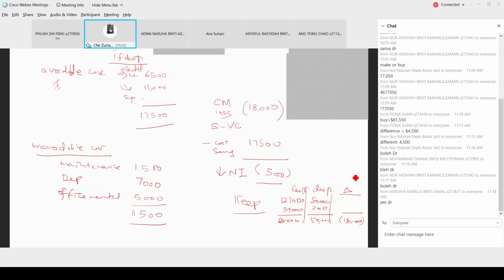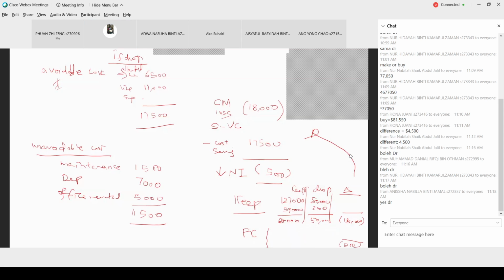Sama lah dengan konsep yang atas ni kan. Kalau you buat column macam ni lah. And then all the cost. Okay, fixed cost. So nanti you senaraikan. If you keep, this is the cost incurred. If you drop, this is the cost incurred. Okay, so yang unavoidable cost tu you kena masukkan lah. Kalau you buat macam ni, yang avoidable, you boleh elakkan kalau you drop. Tak payah masuk. So nanti akan ada perbezaan. Jawapan dia bawah sekali tu akan ada beza sebanyak 500.